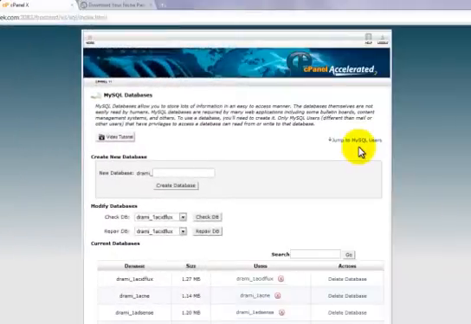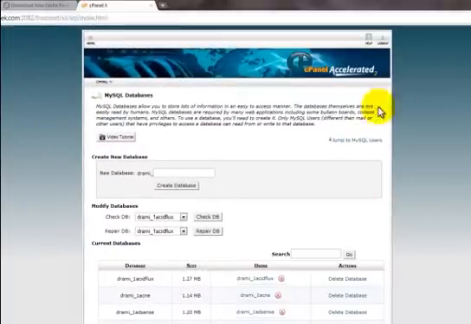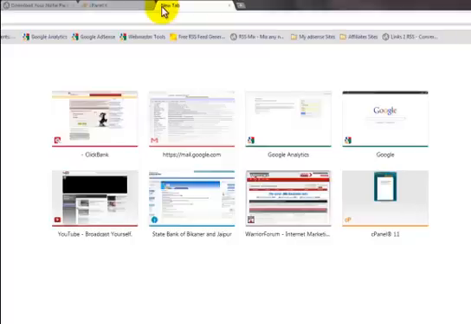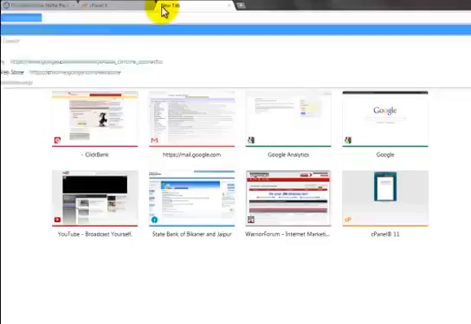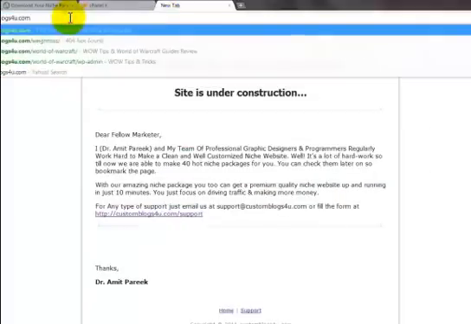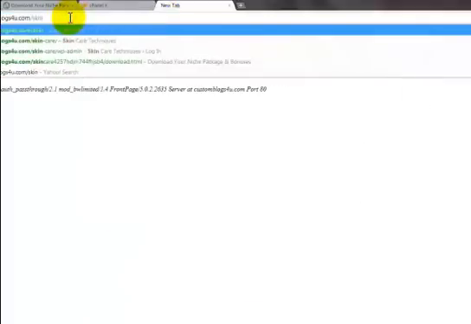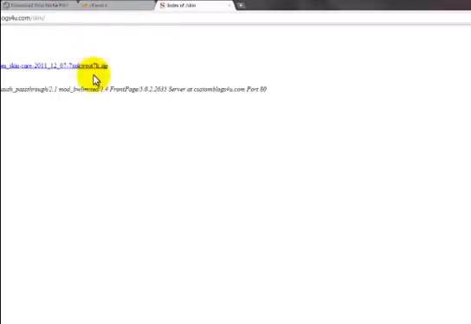Step number 3, installation. To install the website, just type the URL where you uploaded the 2 files in your browser. In my case, it is customblogsforyou.com/skin, and find it.